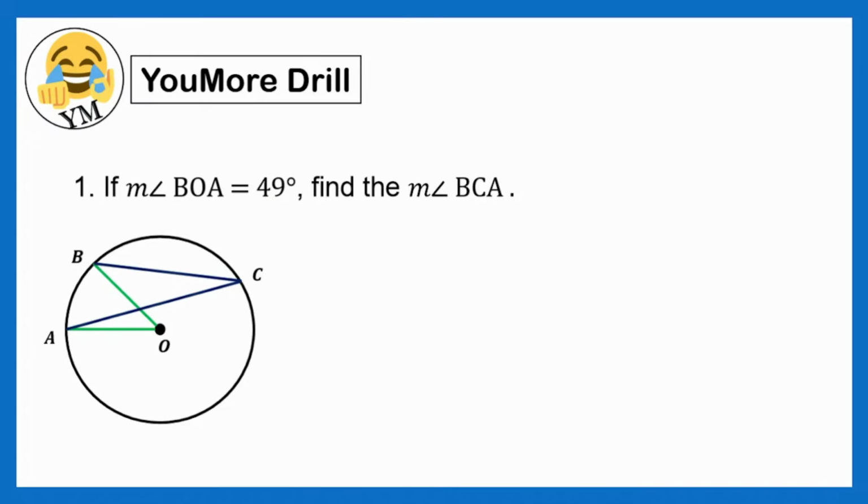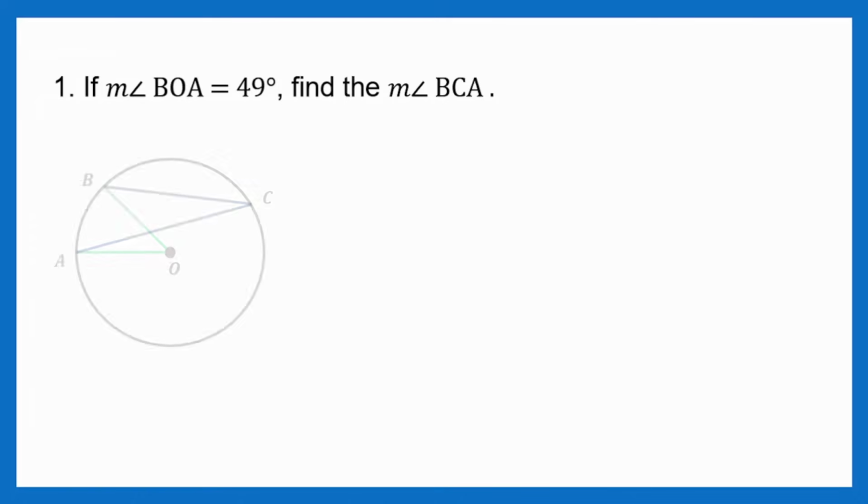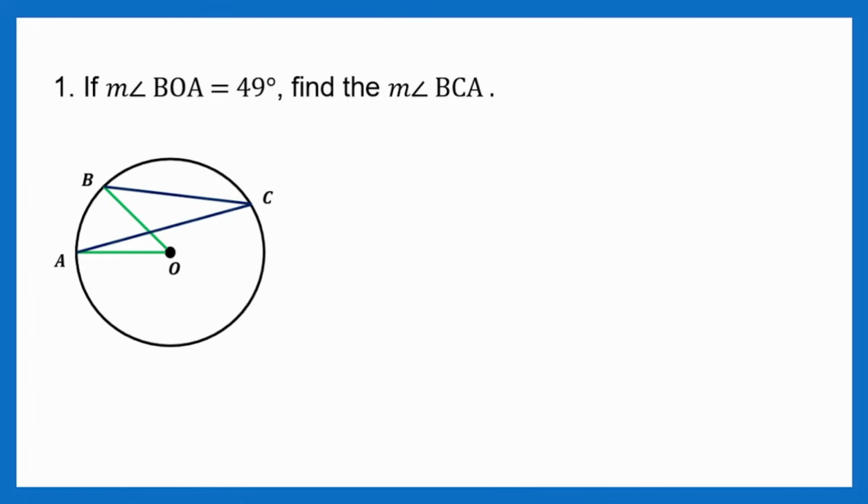Alright, time's up. So let's answer this problem. If the measure of angle BOA is 49 degrees, find the measure of angle BCA. So hanapin muna natin ito. Angle ito ha, angle hindi arc. So ito yan, angle BOA is 49 degrees. So hindi man nakalagay para dapat alam mo kung saan siya ilolocate. Alright, that is 49 degrees.